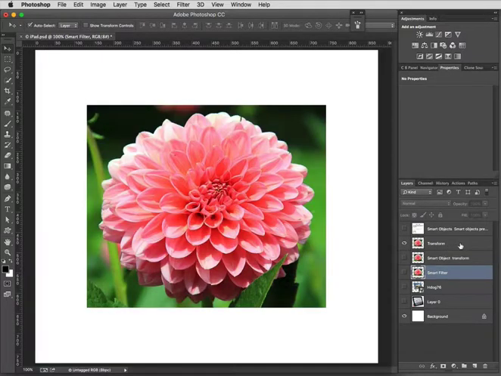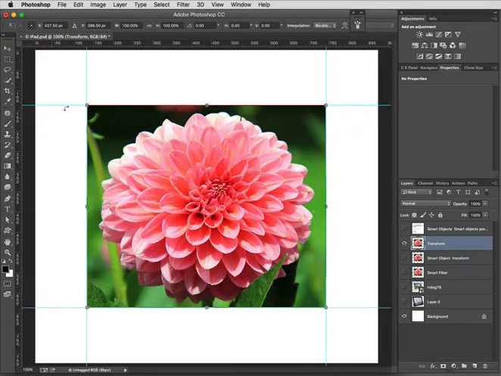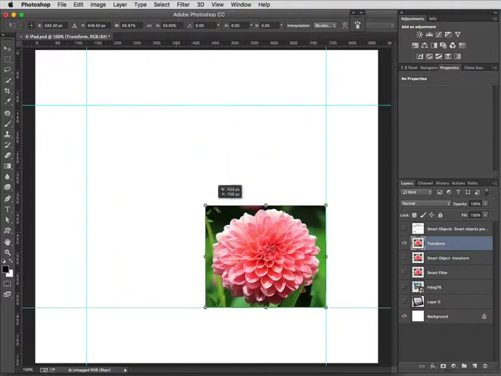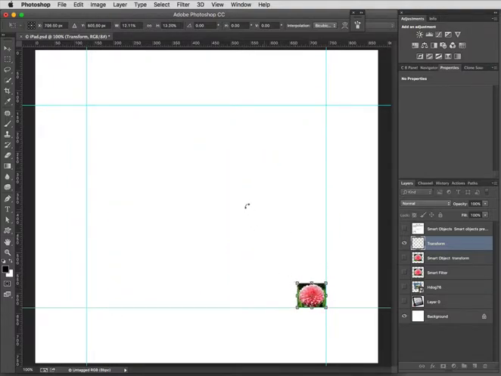So this is just a normal image, not a smart object. So we'll just use some guides to establish the size when we transform it. So I'm going Command T to select the transform controls, hold down the Shift key and take it down quite small, hit the Enter key to accept that,